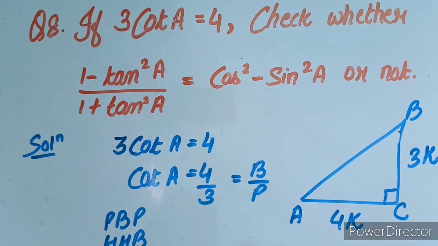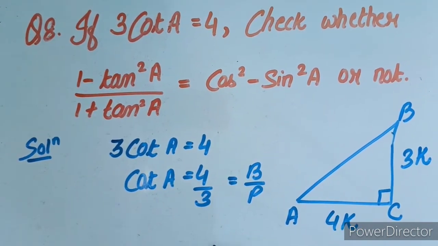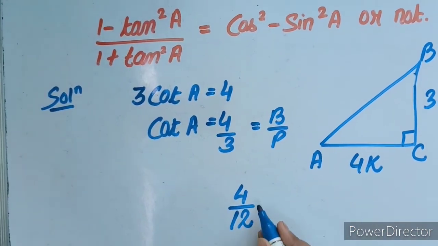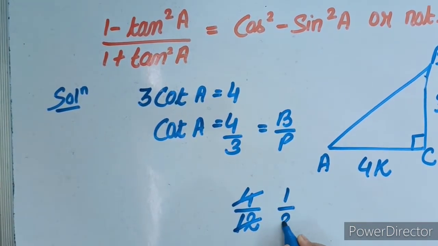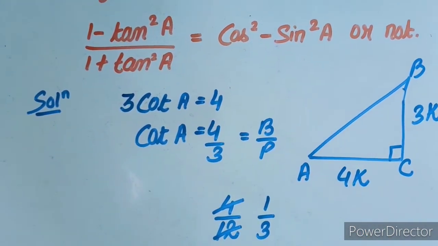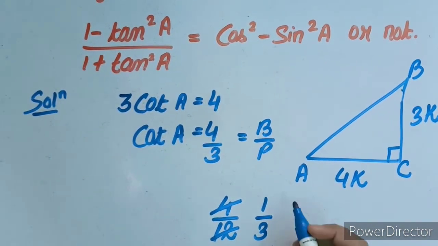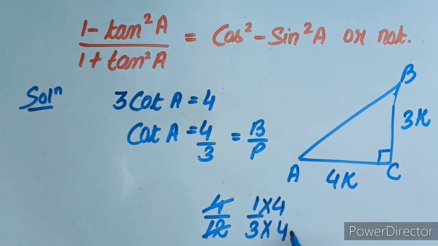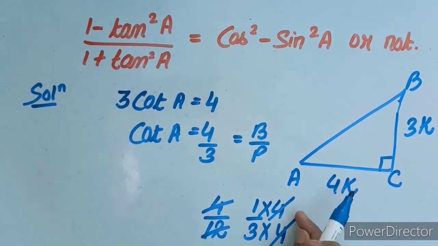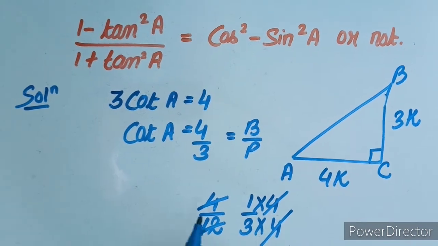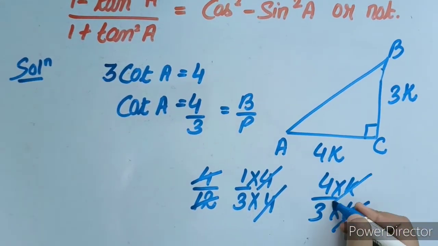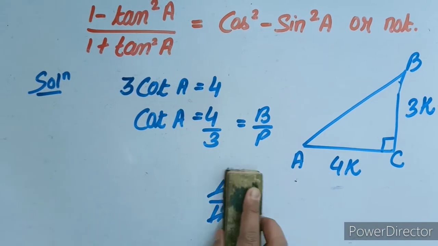Now why we have used k over here, let me tell you that if I have 4 by 12, then the simplified form of 4 by 12 is 1 by 3, because 4 ones are 4, 4 threes are 12. So the simplified form is written over here, but the real form of this number is 4 by 12. That means some number was multiplied earlier, the same on top and bottom, and then we cancelled it and wrote 1 by 3, but we don't know which number it was. That's why we are considering k over here. So we assume 4 by 3 was multiplied by some k, and we cancelled k and wrote 4 by 3. Hope you all understood why we are adding k.